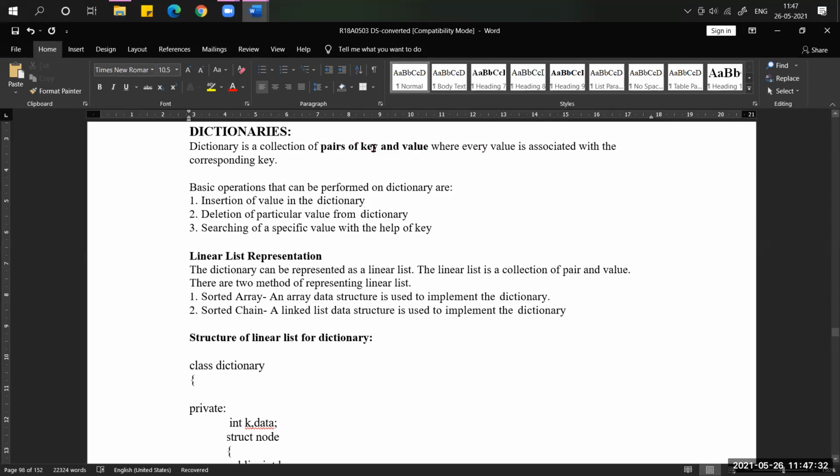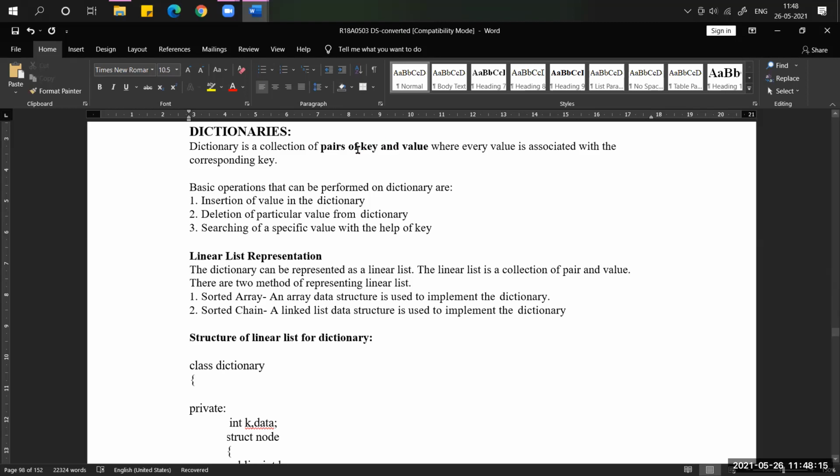Next, what is meant by a key? A key is nothing but your roll number. Duplication of roll numbers is not present, right? In the same way, in a dictionary, the dictionary is a collection of pairs of key followed by value. So keys are not repeated, meaning there are no duplicate keys, like your roll numbers. One student has a roll number, for example, 512. Another student won't get the same roll number, right?